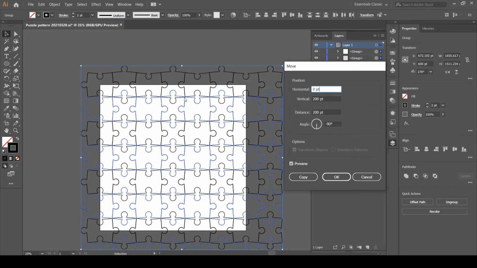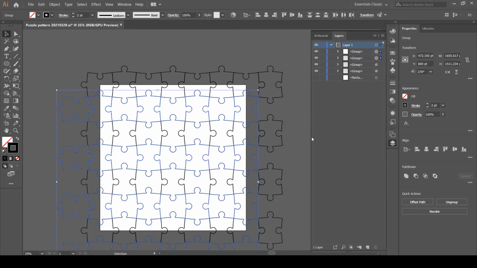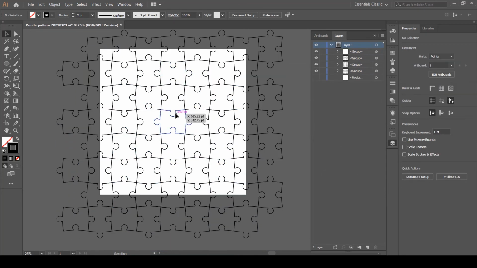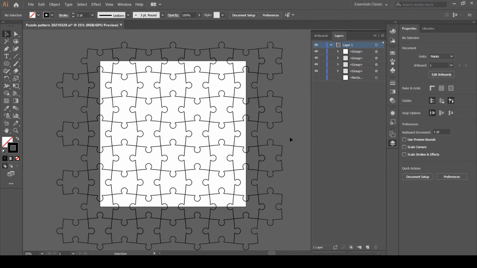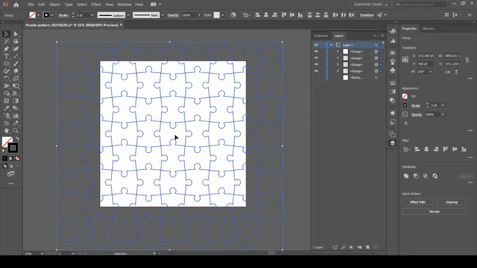Okay, and it is perfect, but we need to move it either left or right, because as you can see, it is overlapping our already existing pieces. So let's move them horizontally, maybe minus 200 or 200, that totally depends upon you, it will give you the same results. Let's again preview it, and let's fill all of the remaining areas, and it is perfect now.